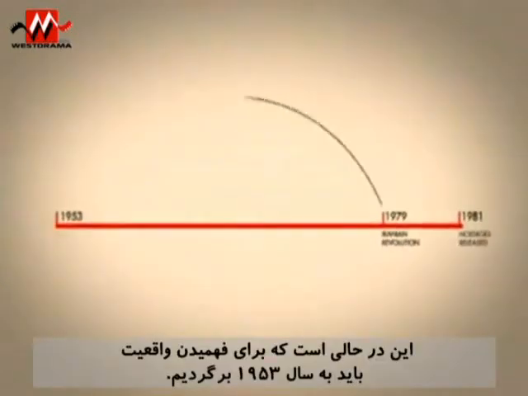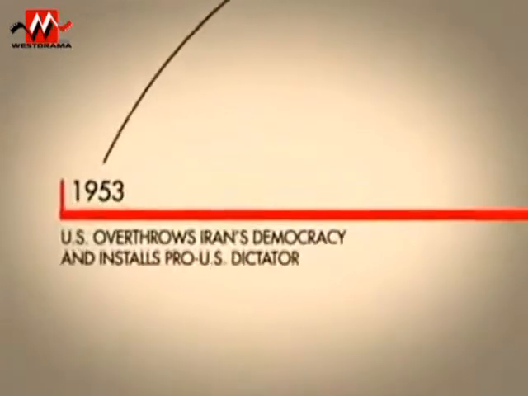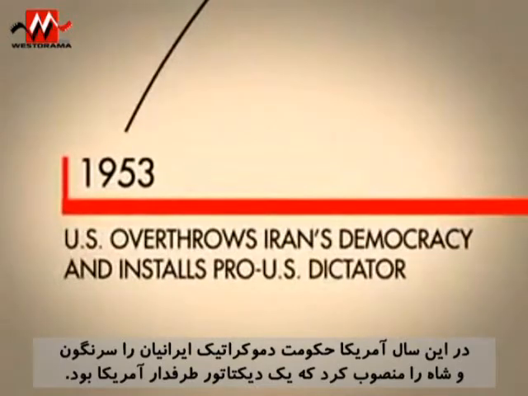But to really understand, we have to go back to 1953, which is where the story begins for most Iranians. This was the year that the U.S. overthrew Iran's democracy and installed the Shah, a pro-U.S. dictator. In 1951, Dr. Mohammad Mossadegh was the first elected official who was appointed as Prime Minister of Iran by